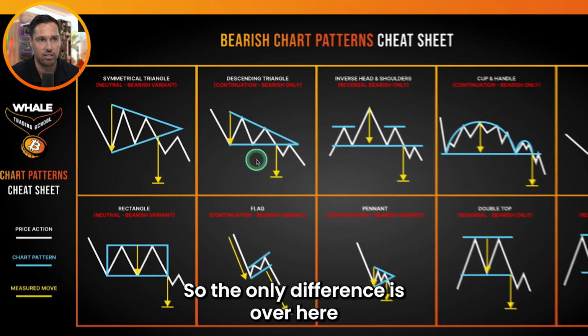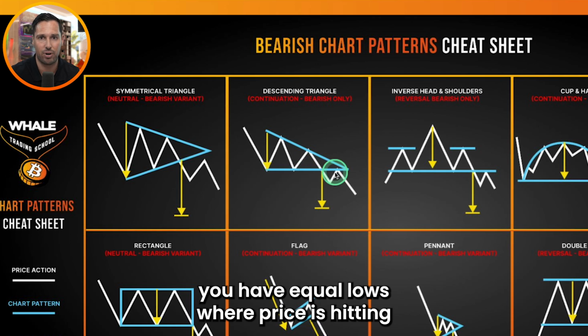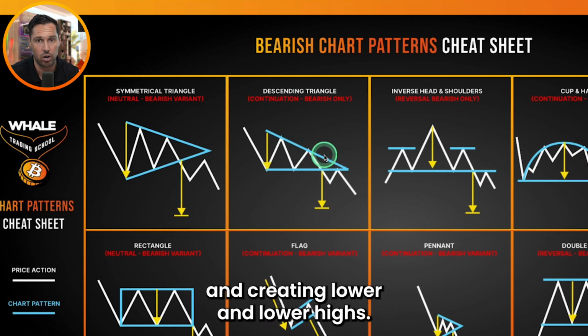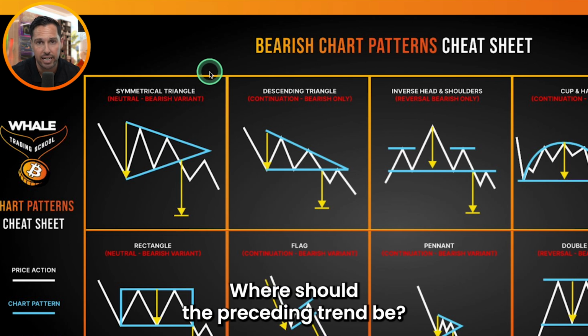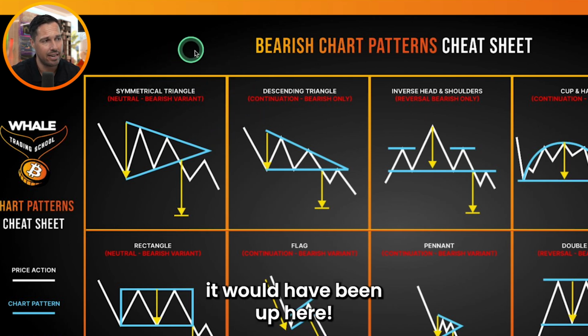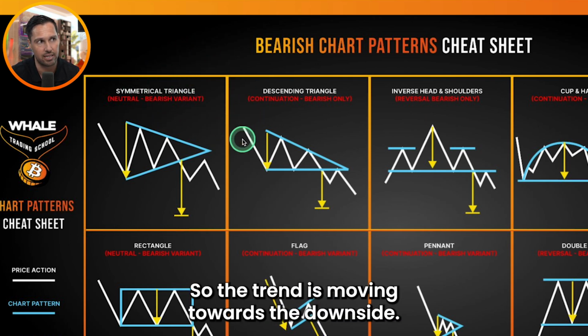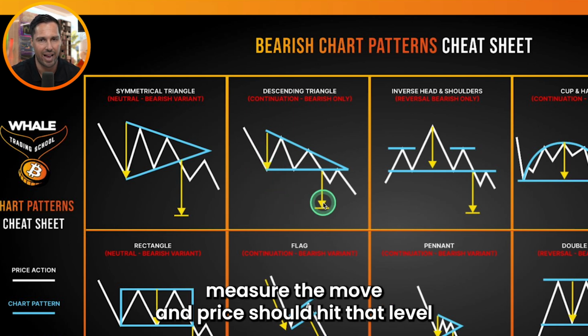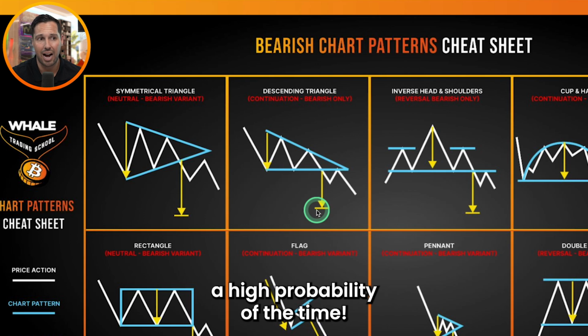That's one of the high probability setups, and it works the same way. The only difference is over here you have equal lows where price is hitting into the bottom multiple times and creating lower and lower highs. Remember, where should the preceding trend be? Well, in this instance, it would have been up here. So the trend is moving towards the downside. Then you take from the base over there, measure the move, and price should hit that level a high probability